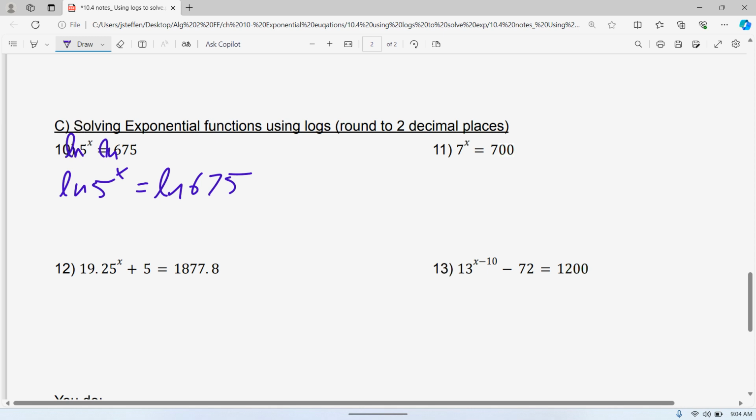That property that says if it's an exponent, I can put it down in front. So it's x natural log of 5 equal to the natural log of 675. From here, divide both sides by natural log of 5, just like a regular problem. And then in my calculator, either use the fraction button or use division. Natural log of 675 divided by the natural log of 5